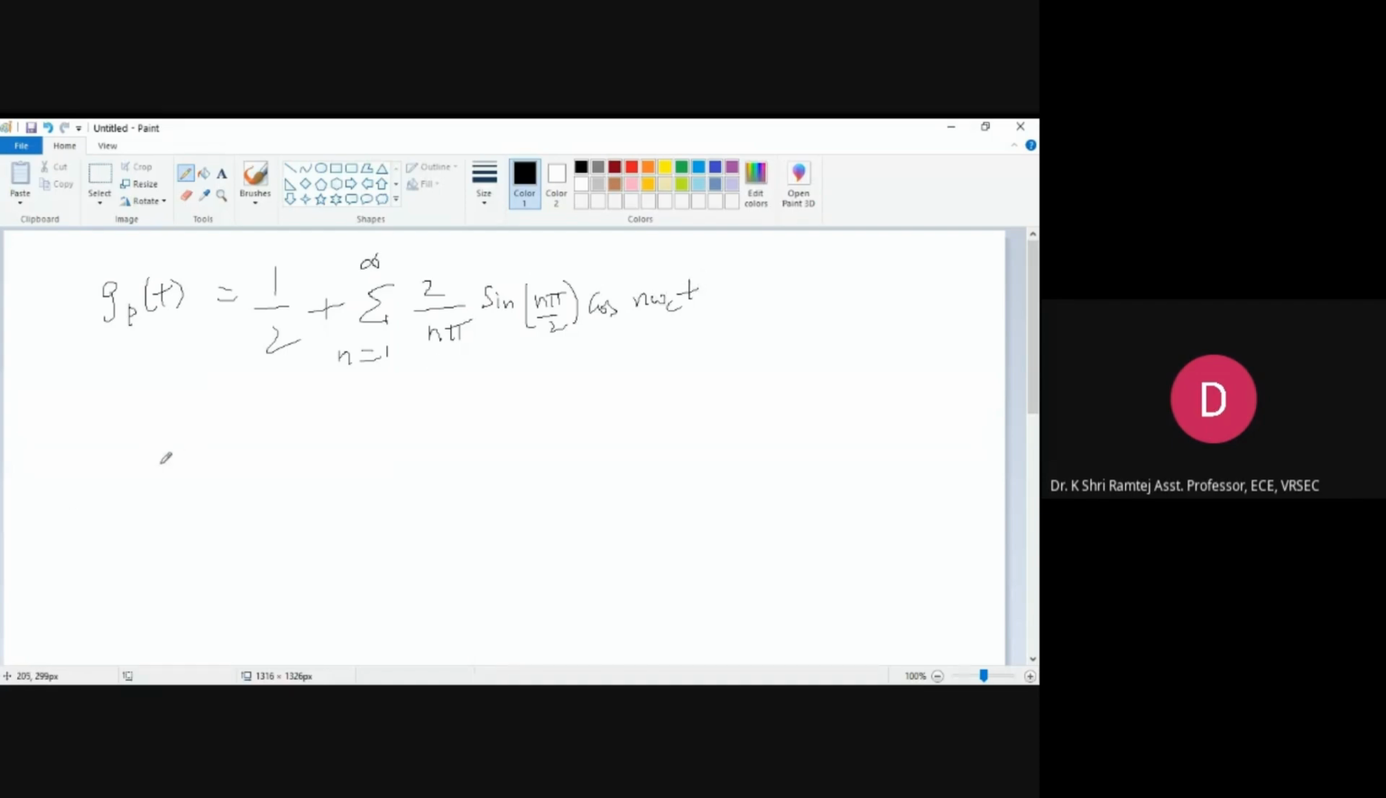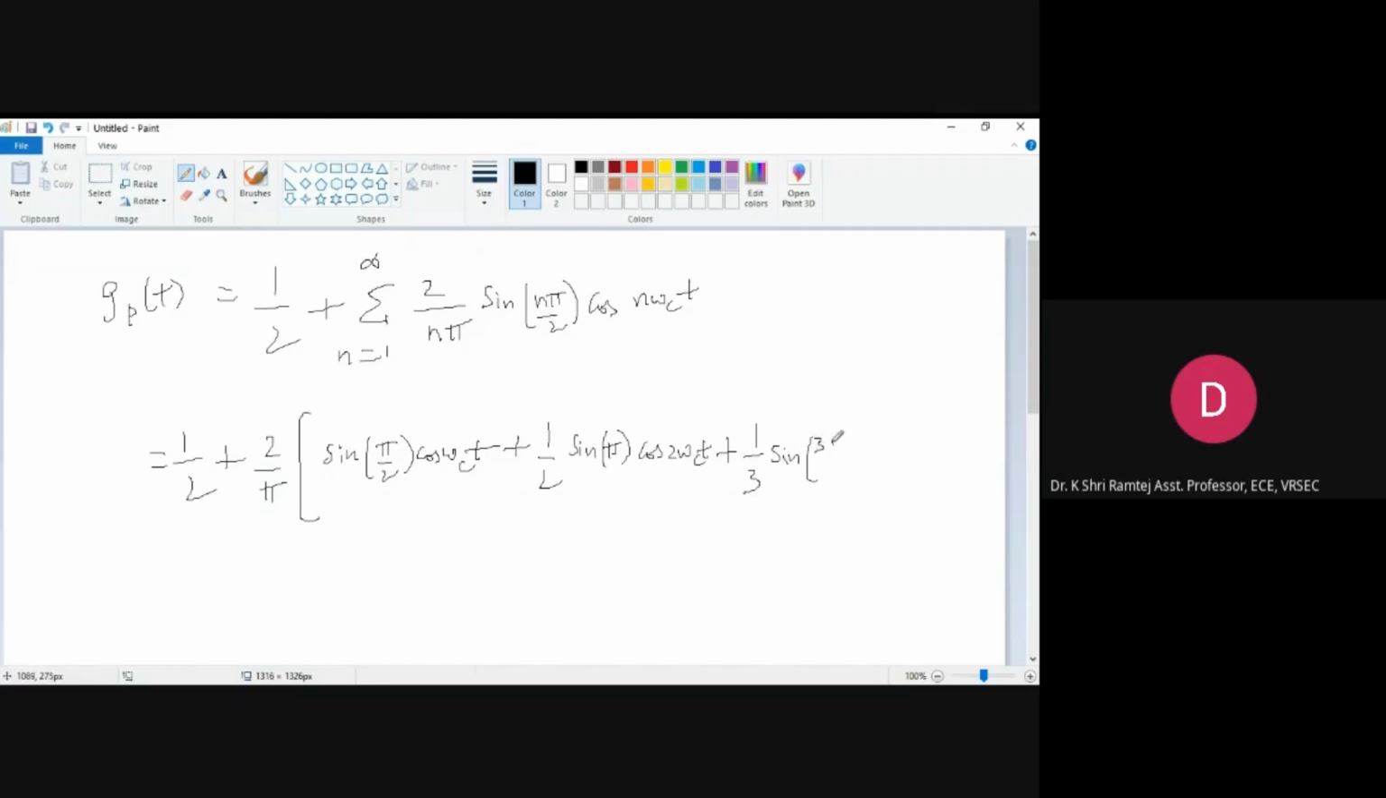Now if we expand this equation, we get 1 by 2 plus, we can take this 2 by pi common. So 2 by pi times, when n equal to 1, this one will be 1 by 1 sine pi by 2 cos omega ct, plus for n equal to 2, this one will be 1 by 2 sine 2 pi by 2, which will be pi, cos 2 omega ct, plus 1 by 3